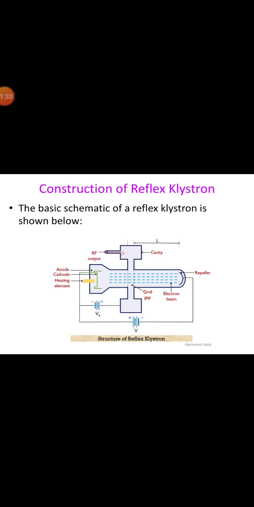It consists of an anode cavity resonator, a filament surrounded by the cathode, an electron gun, and an electrode, also called a reflector electrode. The reflector electrode is placed at a shorter distance from the resonator grid and is at negative potential with respect to the cathode. The electron beam is modulated when passed through the anode cavity, and the electrons travel towards the repeller electrode after passing through a gap in the cavity. Because of this high negative field, the electrons never reach the reflector electrode and are turned back towards the gap on their return journey. The electrons give more energy to the gap and the oscillations are sustained.